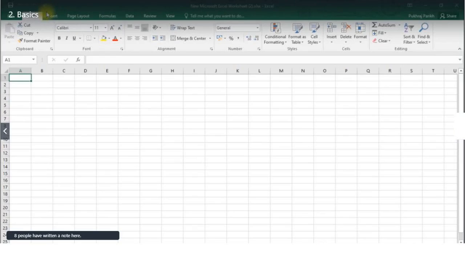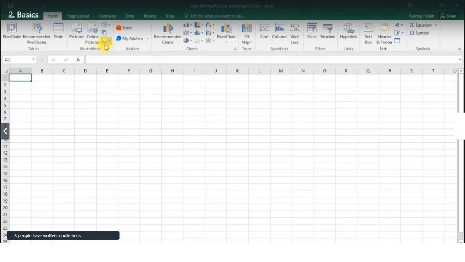The first tab is the Home tab. You will probably spend most of your time with the Home tab selected. This tab contains the basic clipboard commands such as cut, copy, paste, formatting commands, styling commands, and commands to insert and delete rows or columns. The second tab is Insert tab. We use this tab to insert elements into a worksheet, elements such as a table, a diagram, a chart, a symbol, and so on.